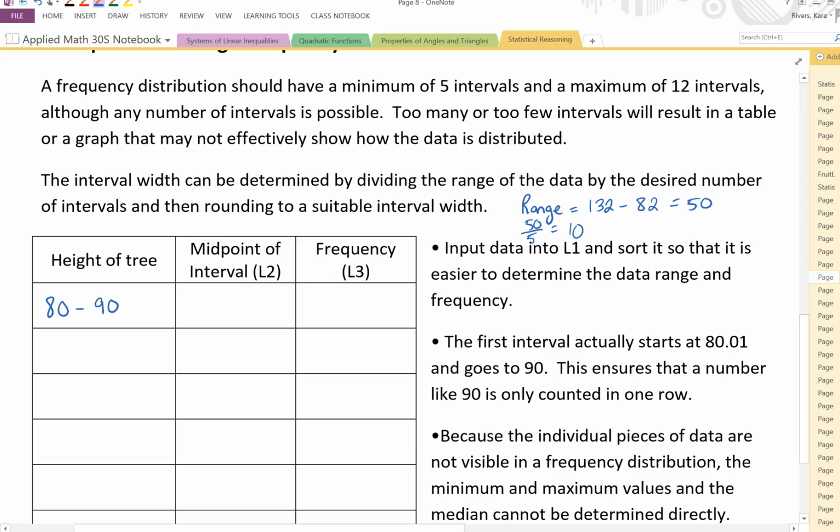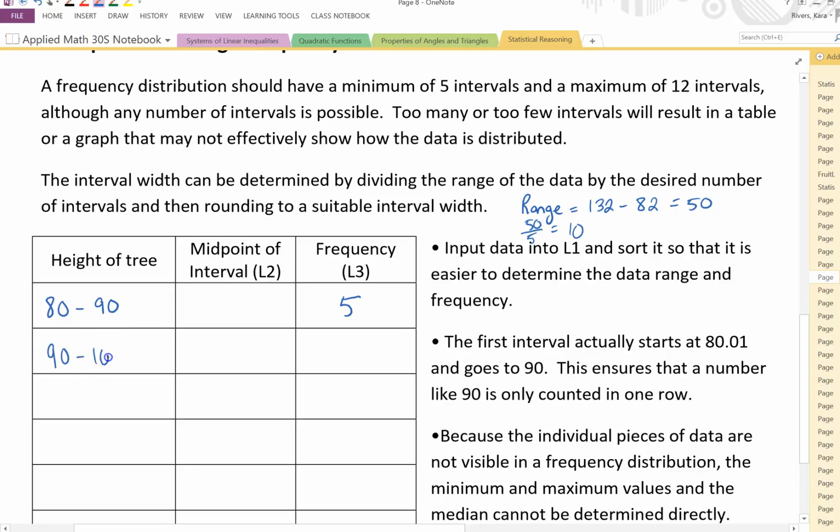So that's going to be 5 for my frequency. When we're talking about the interval, we're talking about how many trees are within that interval. And I just set that. I said, okay, the range is 10. My minimum was 82, right? My biggest is 132. So if I go between 80 and 90,